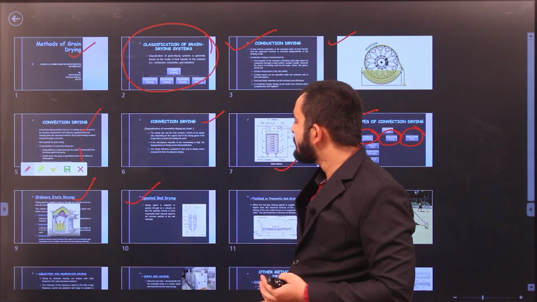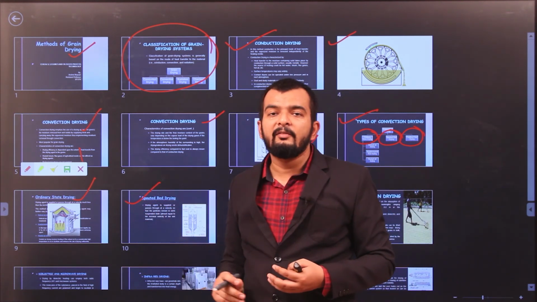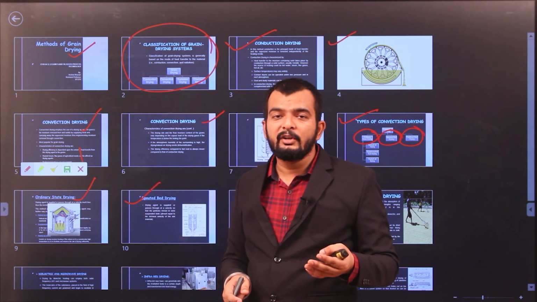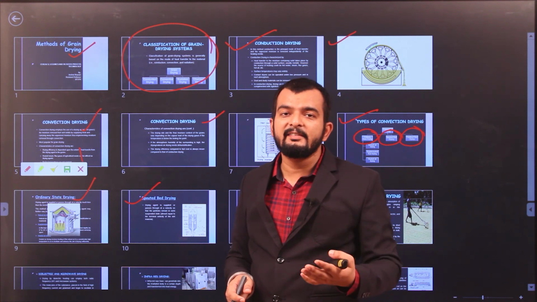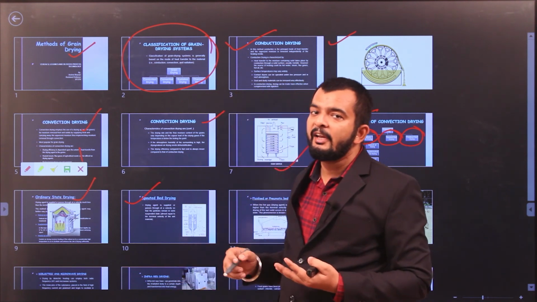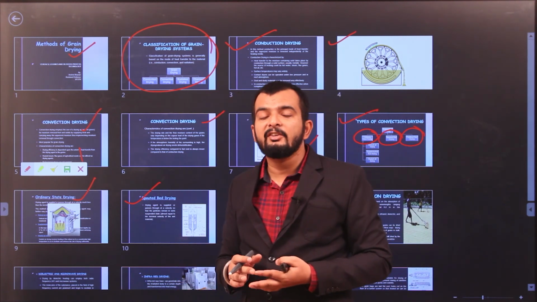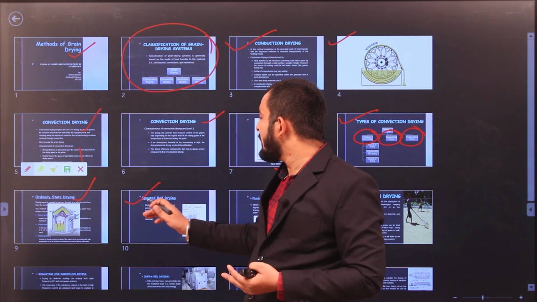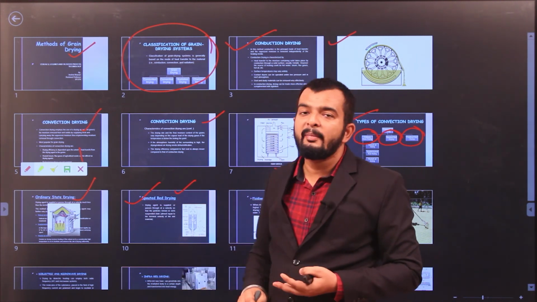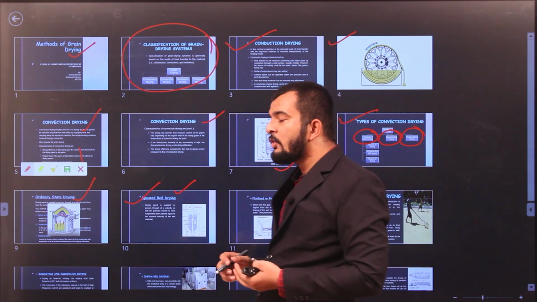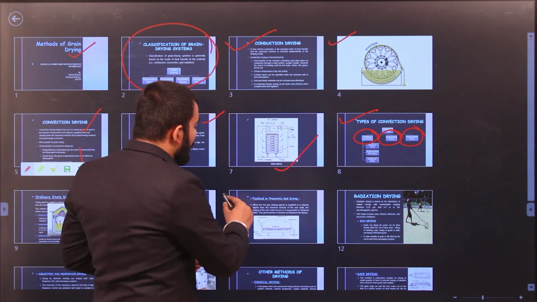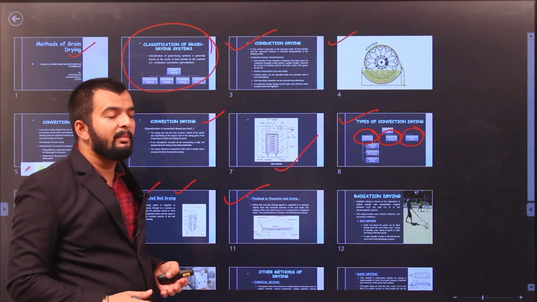Then we studied spouted bed drying. Based on the terminal velocity, these types of drying have been devised. When the velocity of air or the drying agent is less than the terminal velocity of wet grains, it will be called ordinary state drying. When the velocity of the drying agent or hot gases is equal to the terminal velocity of the wet grains, it is known as spouted bed drying. And when the velocity of the air is more than the terminal velocity of the wet grains, we call it fluidized or pneumatic bed drying.